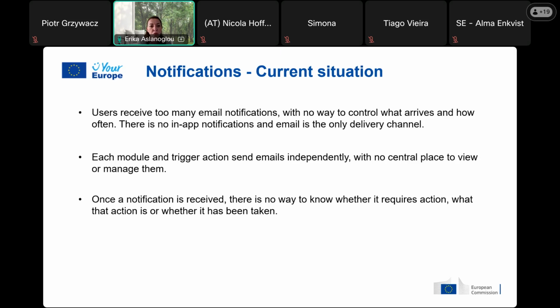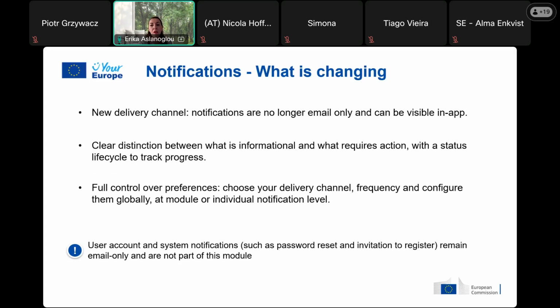We have each module triggering actions and sending emails independently, and there is no place to manage or view them. And also, once a notification is received, there is no way to understand whether this notification requires an action, what kind of action this is, or whether this action has been taken and by whom. With the new notification module,